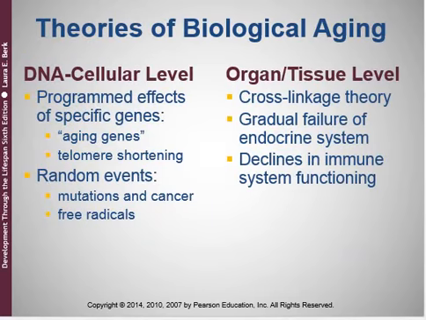Instead, there are two sets of very complex theories. One set of theories argues that senescence happens at the cellular level in our DNA. Some people argue that genes are literally pre-programmed to have a limited number of times that they can repair themselves by splitting and copying themselves, which is how our body heals itself. The part of the gene that seems to control this is called a telomere, and each time